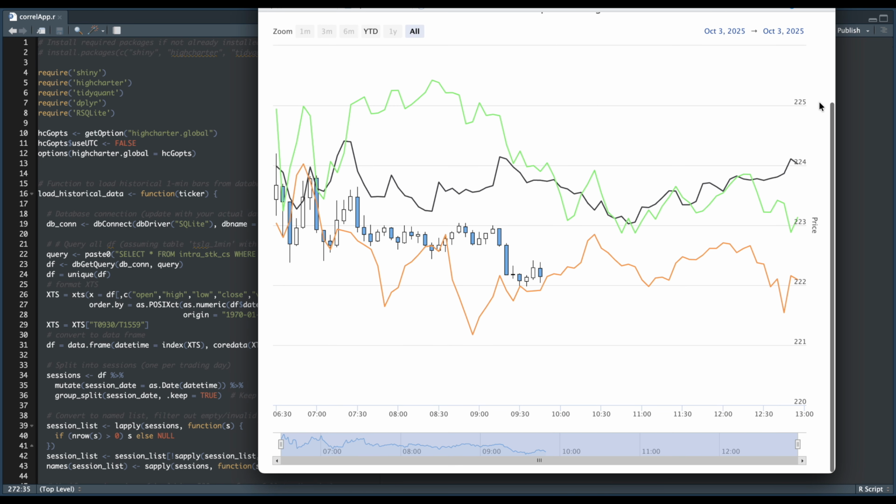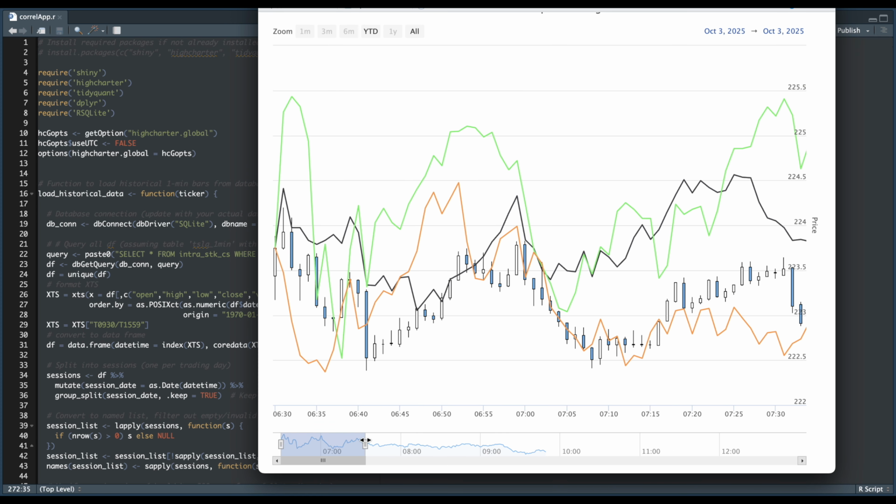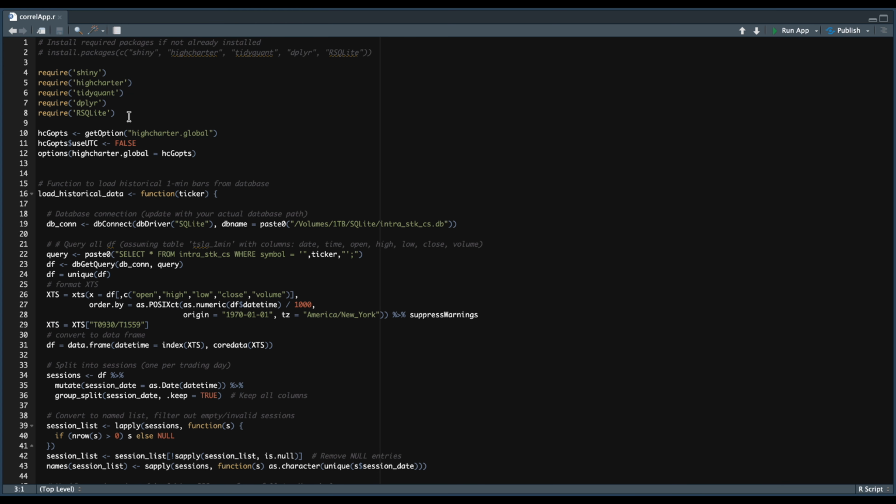If you scroll down, you can kind of zoom in by using the scroller, which you can kind of see here, the full 1-minute data. So let's go ahead and go over the code. So we need to require these packages, and for some reason Highcharter uses UTC time zone. In order to use your local time zone, you need to run lines 10 through 12, and we have a